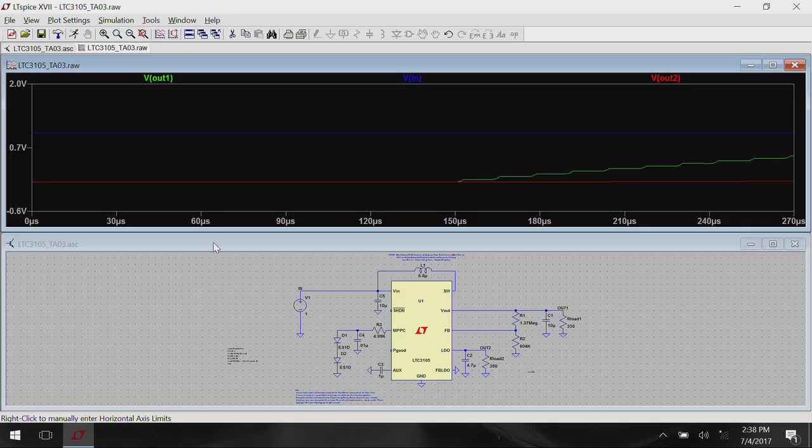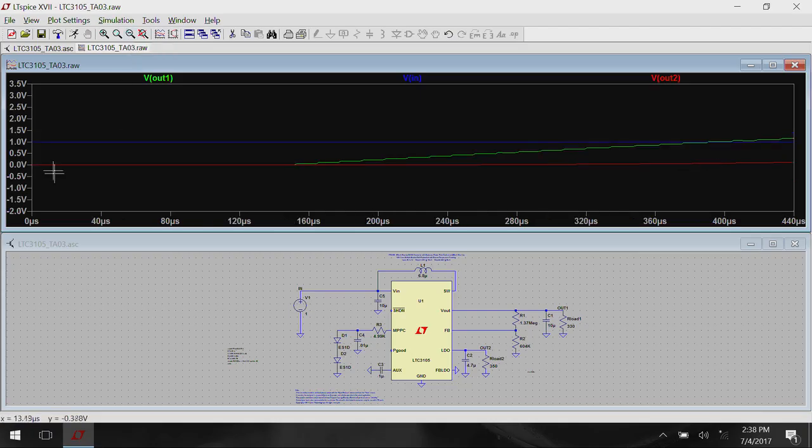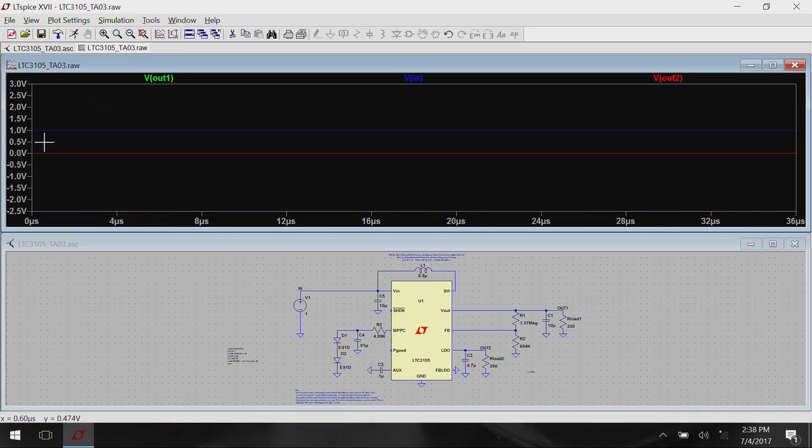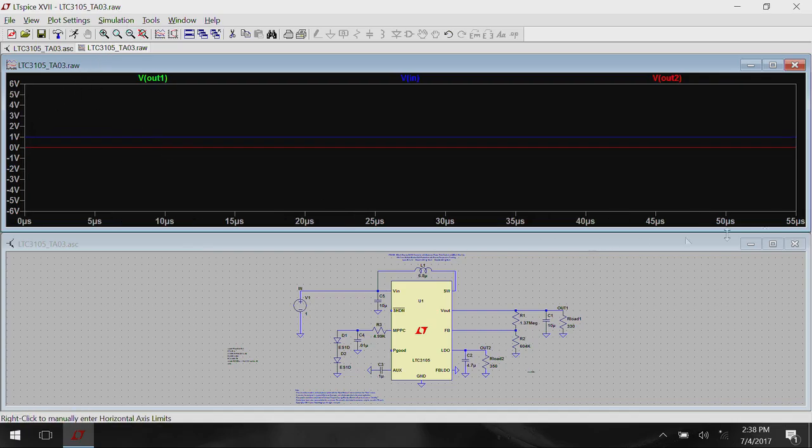So this is what we get at the input, and you are getting close to 1 volt at the input. Why does it show something else here? Yeah, so this is 1 volt at the input, and you basically have